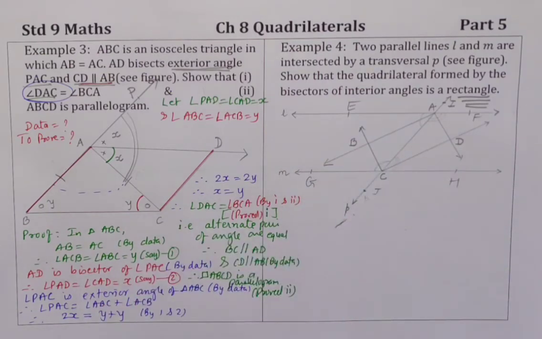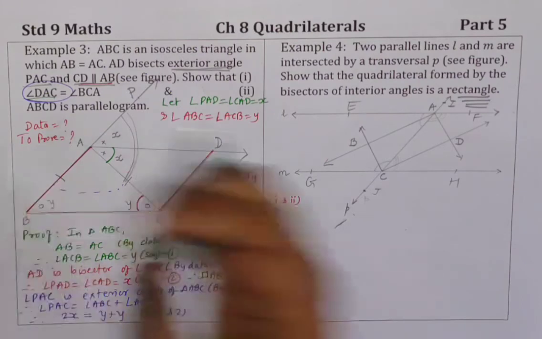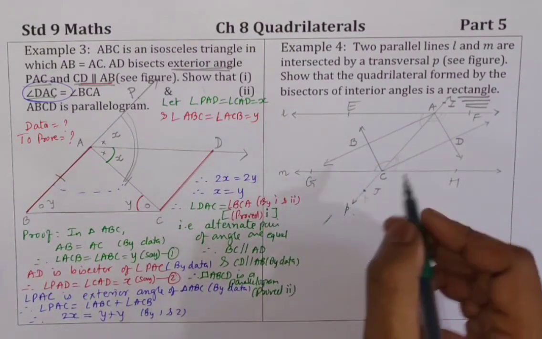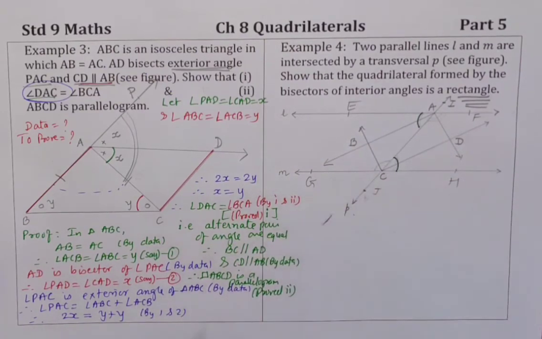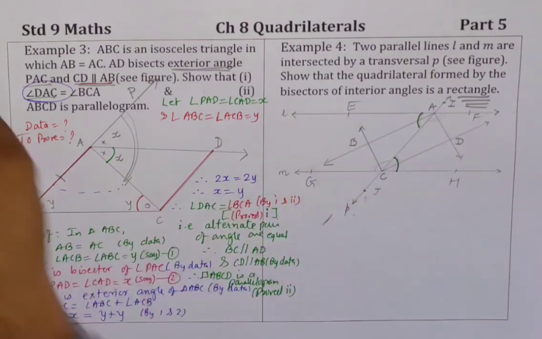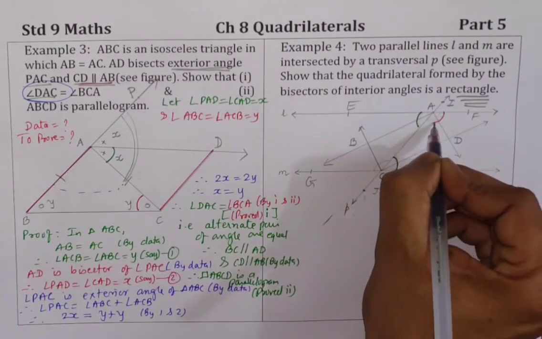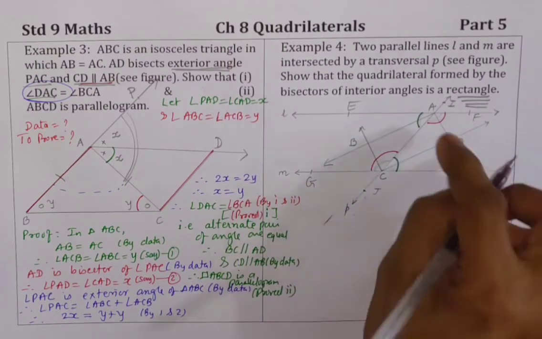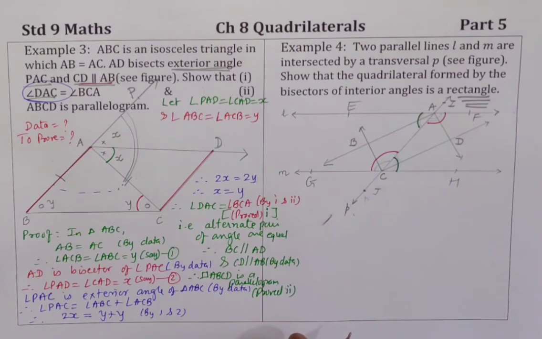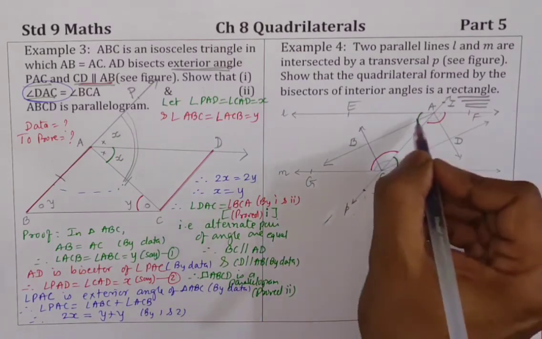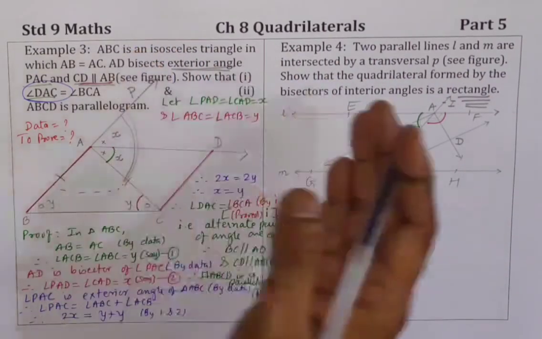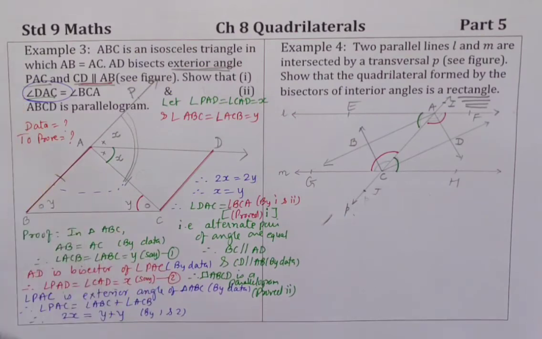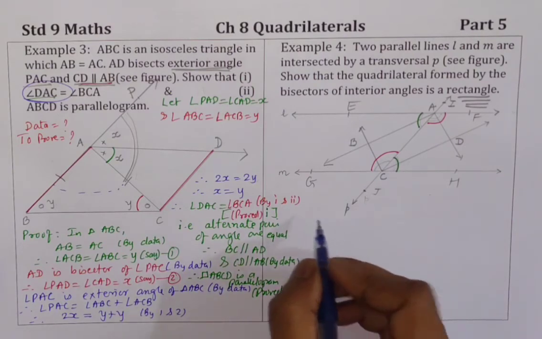वो कैसे प्रूव करेंगे चिल्ड्रन, भूलना नहीं, line L and line M are already parallel, so this angle and this angle they are equal, green angles are equal because they are alternate pairs। उसी तरह रेड एंगल और ये रेड एंगल, that is second pair of alternate angles, they are also equal, correct, okay। और ये green angle और ये red angle, they are interior on the same side of transversal, all right, so they are supplementary, all right children, okay। Now I'm not going to write in detail, straight away proof, okay,